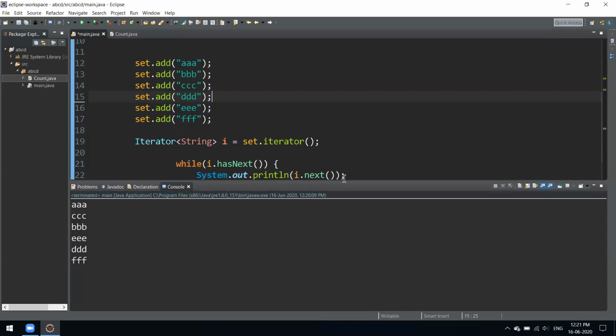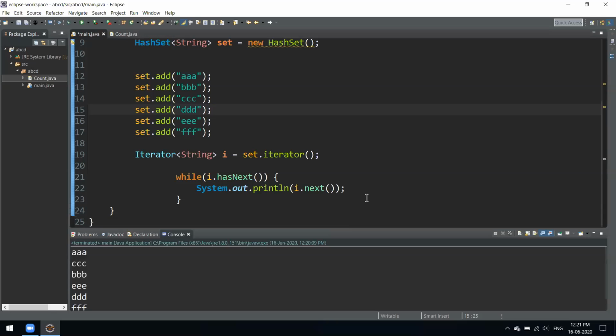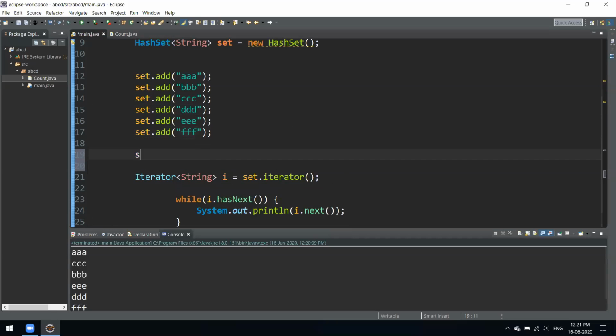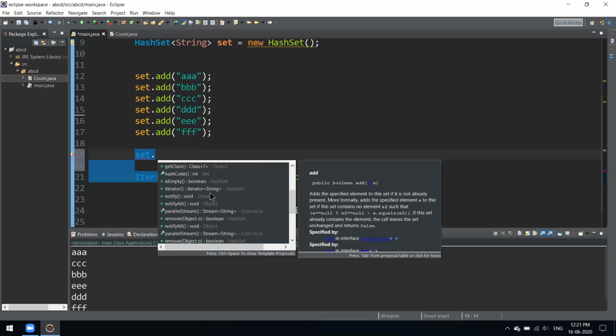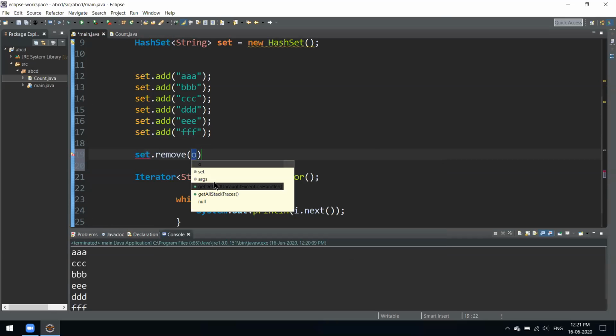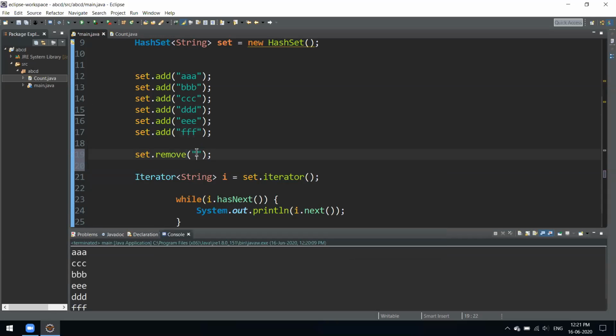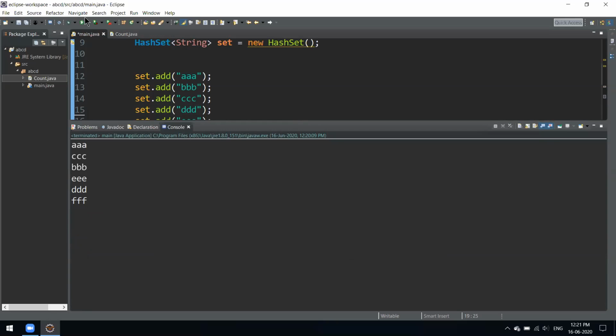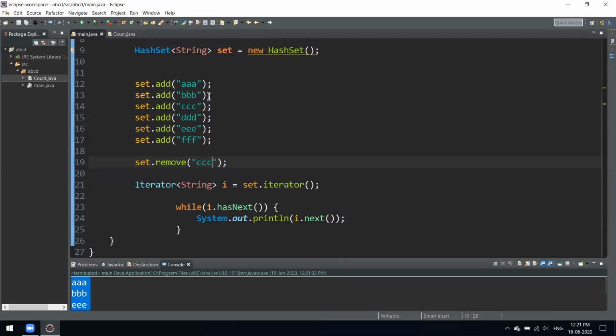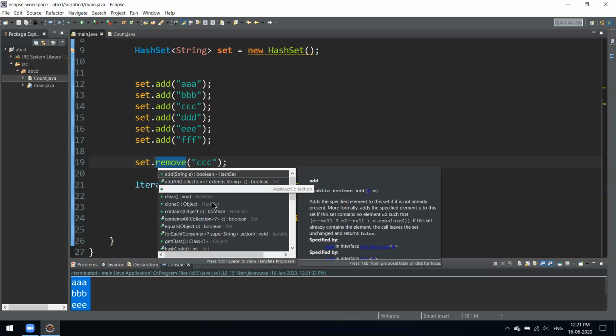Again, in this also you have various kinds of methods if you want to play around with it. If you just have set dot, we can directly remove any element if you want. Here you have this remove method, and whatever you want to remove, you could just specify. Suppose you want to remove the ccc1, if we use that method, it will remove it, and we don't have that in our output now. That is not a big deal, but you could play around with all these methods. There are lots of them, as you can see here.